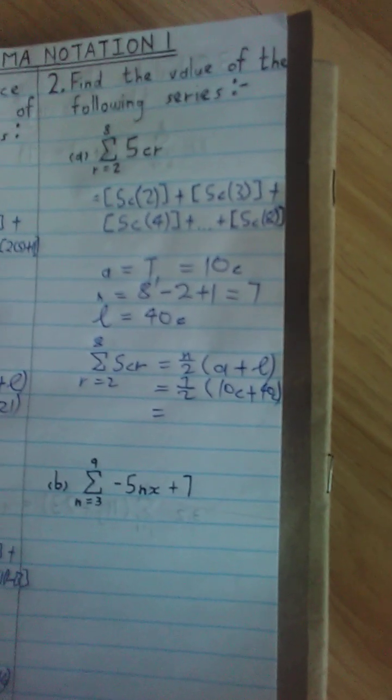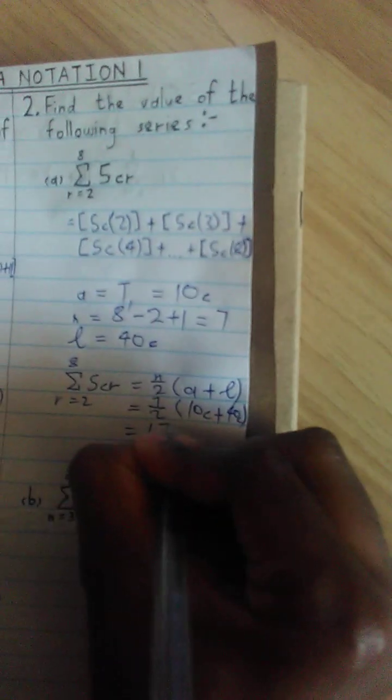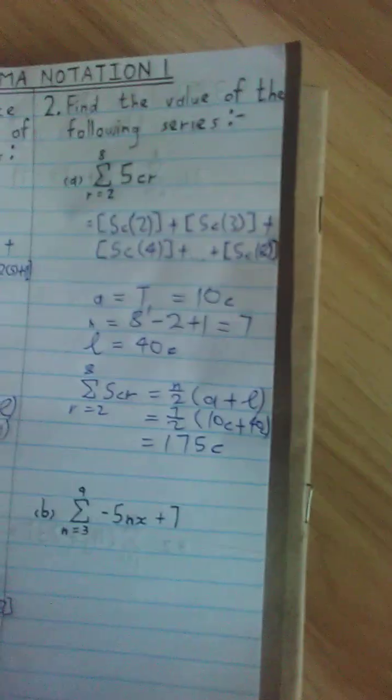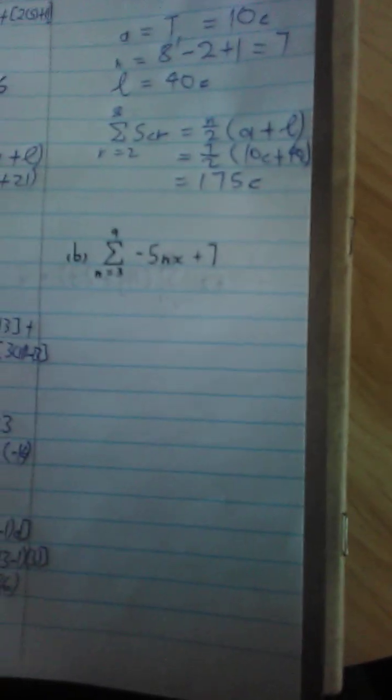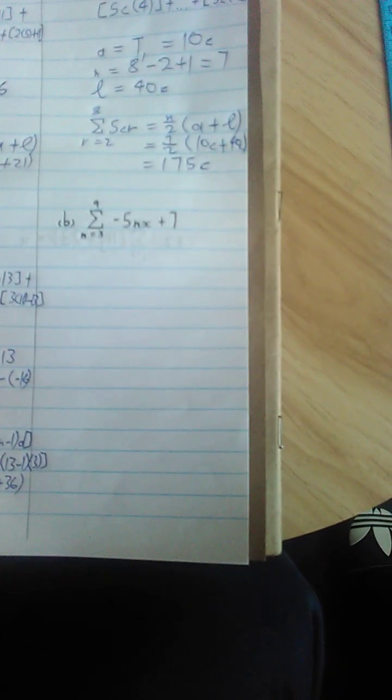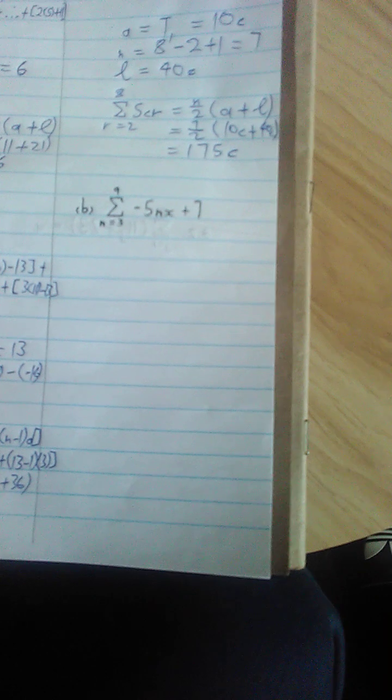I'm getting 175c. Right? And then we have to find the value of the summation of negative 5nx plus 7 from n equal to 3 to n equal to 9. So as usual, you expand